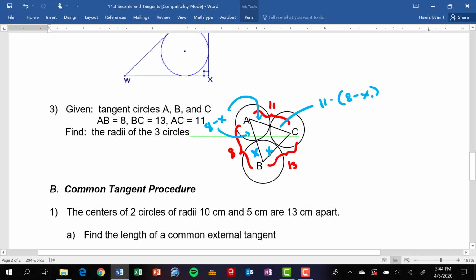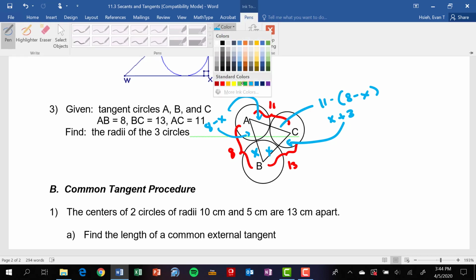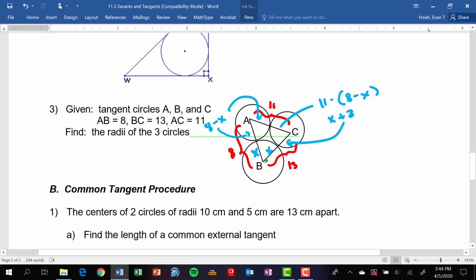And so this will end up being x plus 3, and that's going to be x plus 3 also. And then I think I'm done. Okay, so that means that this side right here, which we know is 13, 13 is equal to x plus 3,